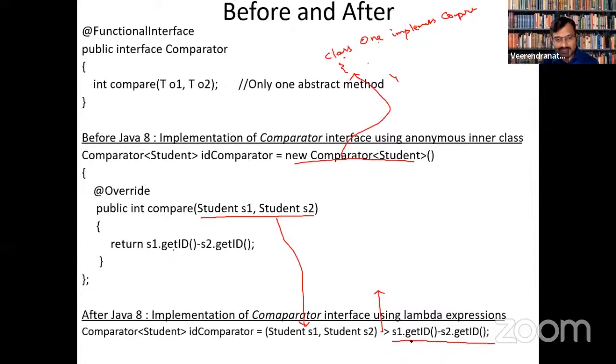Here the expression is S1's ID, the student's ID. Every object will have an ID. That ID minus S2's ID. I'm just trying to get the IDs of these two students subtracted.